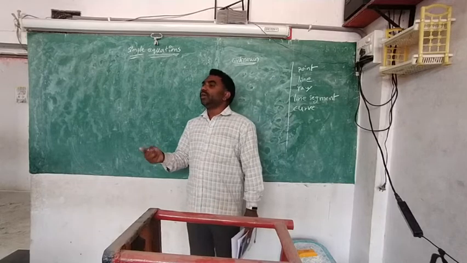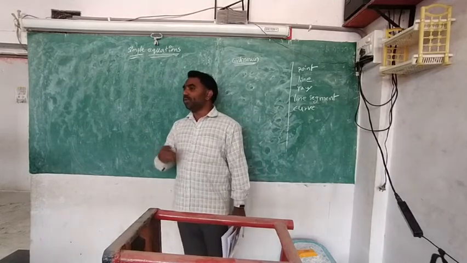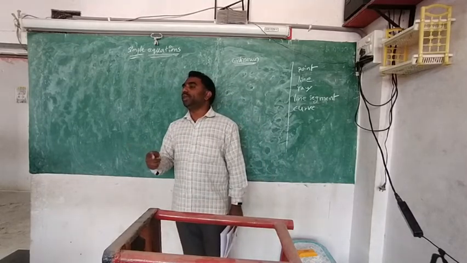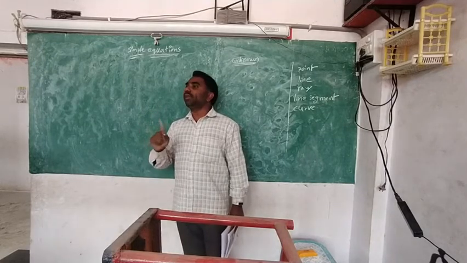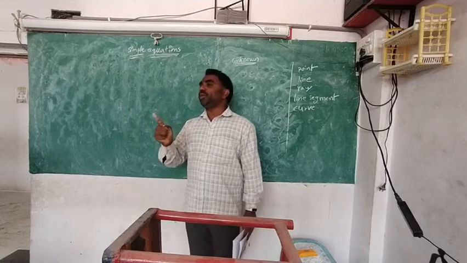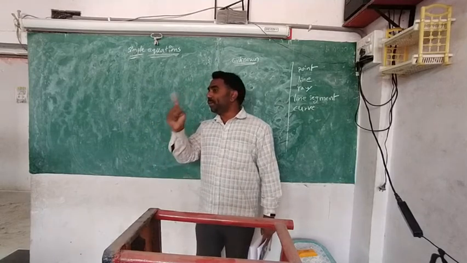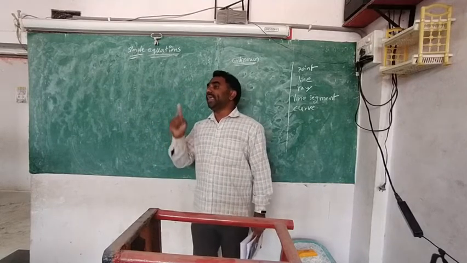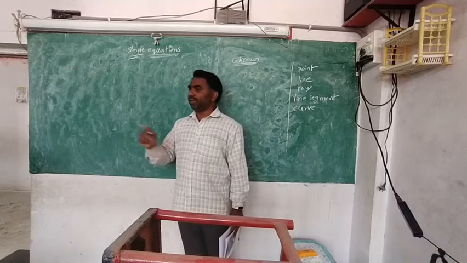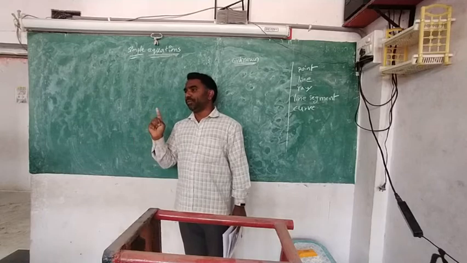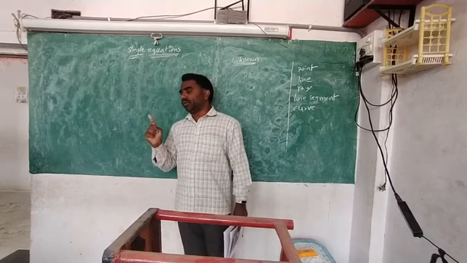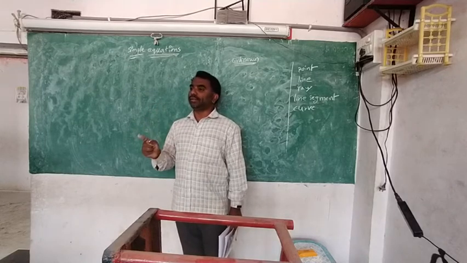So however many unknowns there may be, our main unknown value is 1 only. Main unknown is 1. Remaining are related to that. That one unknown we will take as X or A, B, C, that is your wish. But normally the letter X we will use.